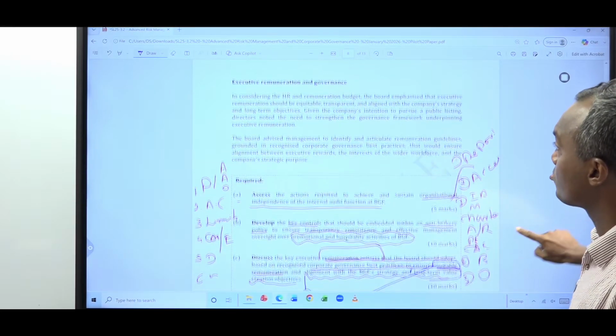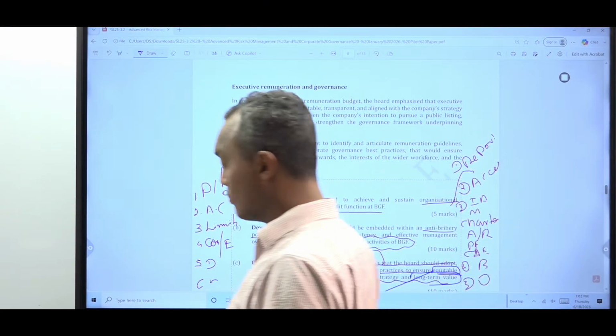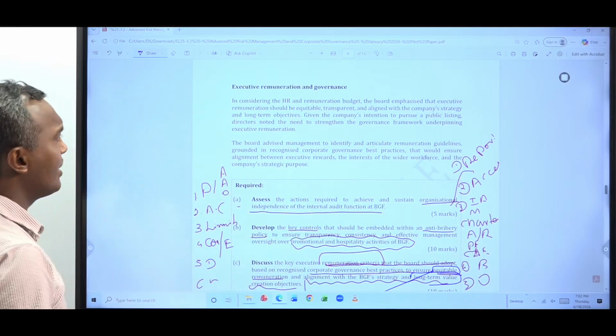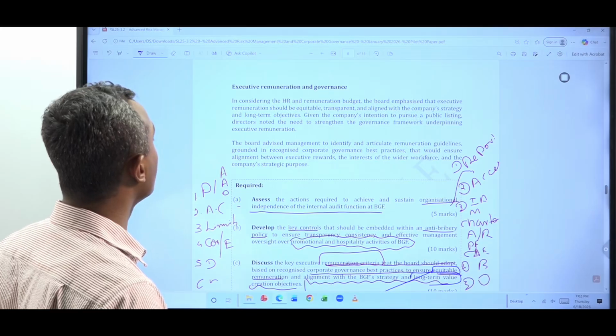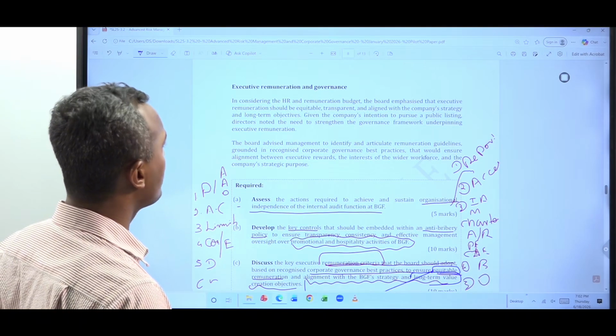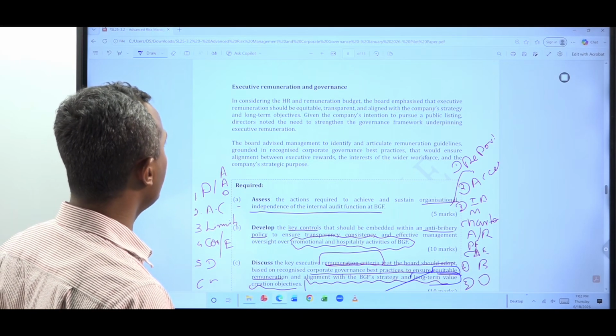Last one, executive remuneration and governance. In considering the HR remuneration budget, the board emphasized that executive remuneration should be equitable, transparent, and aligned with the